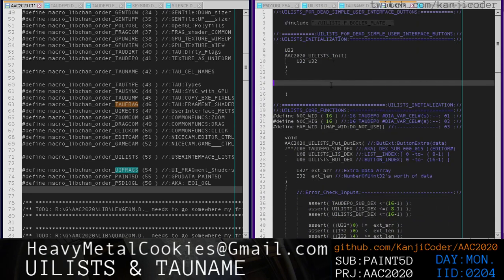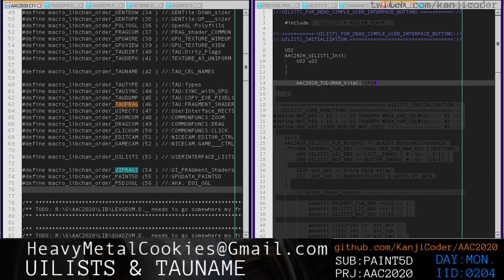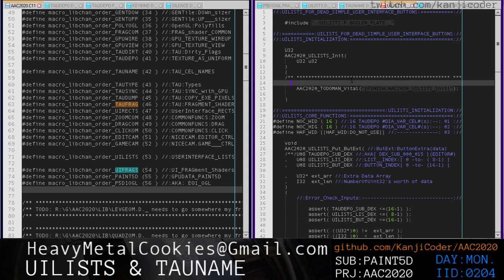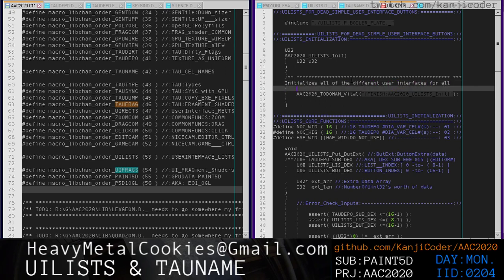Yeah, so this initialization function, AAC 2020 to-do man vital, and finish this thing, right? We gotta finish it eventually. And this is where we, right. This code here initializes all of the different user interfaces for all of the different